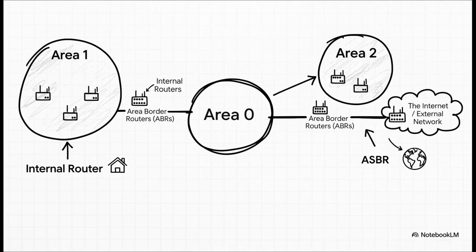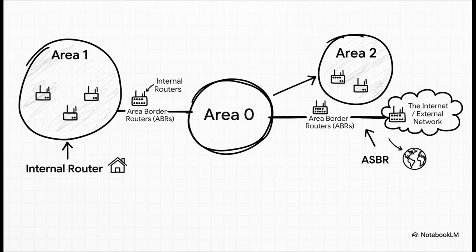Most of them are just internal routers, living their happy lives inside one area. The really important ones are the area border routers, or ABRs. They're like the border patrol, sitting on the edge of an area, connecting it to that main backbone. And then you have ASBRs, which are basically the ambassadors that connect your entire OSPF world to other networks, like